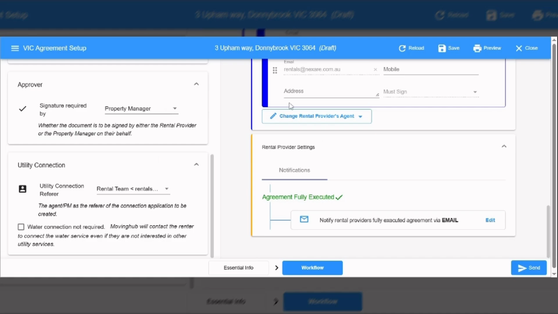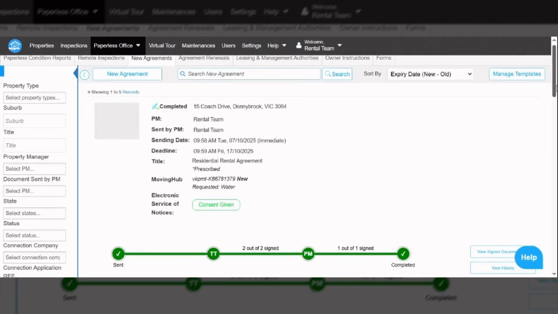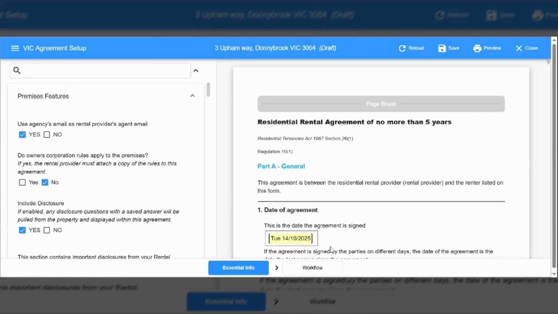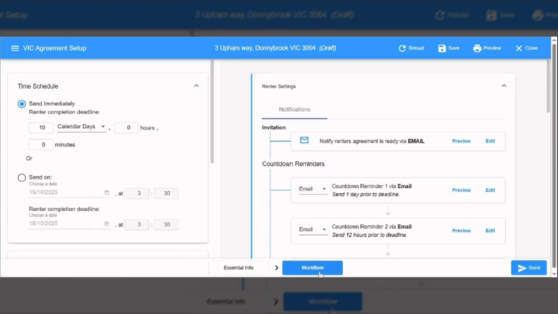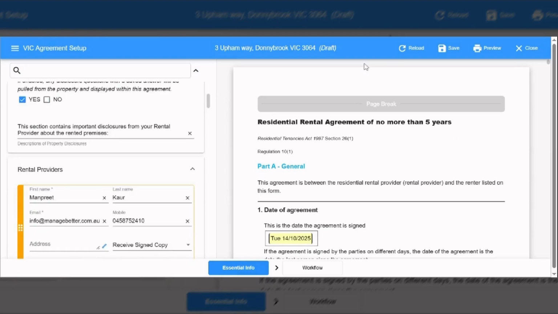Then from here it will be saved, and it will start appearing in the draft. You can recheck that if you want to. If you don't want to, you can send it from here as well. A click allows you to send that email, and if there is any change, you can do that. So this was all about the preparation of an agreement. Always recheck things whenever you are making any